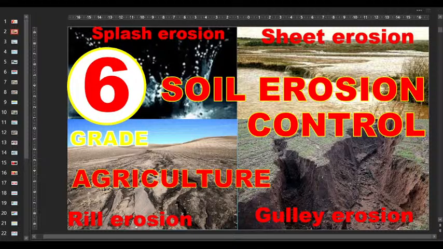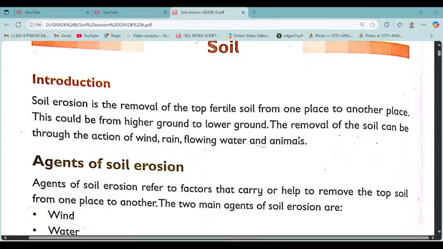Welcome to my lesson. Today we want to look at soil erosion. That's what we want to look at for grade six. We just do some few revision. Now we start with